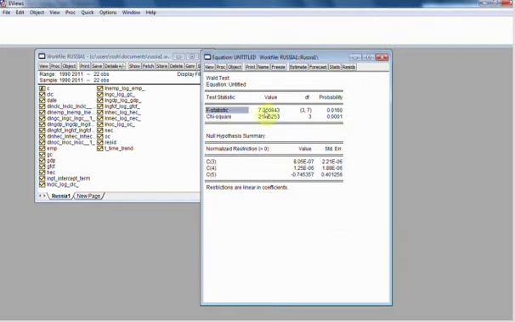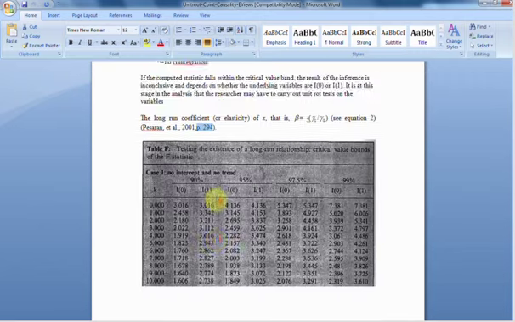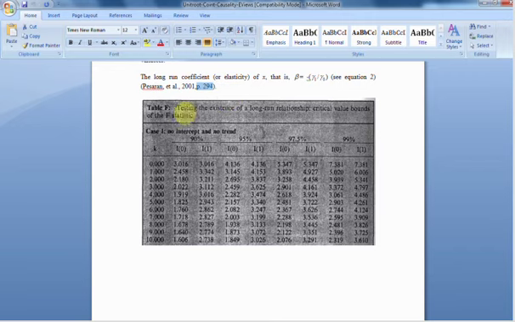As you can see, the F statistic from the Wald test is actually significant at the 5% level, so it's less than 0.05. Now this value is important for me. I'll ignore the rest. This is the key value I'm looking at. Now I will take this value, 7.05, and compare it against the critical values provided in this table here. This table is the pre-populated table by Pesaran et al. 2001, which can be found on page